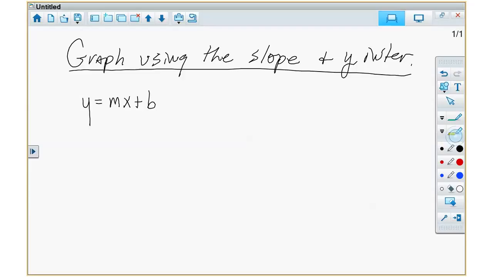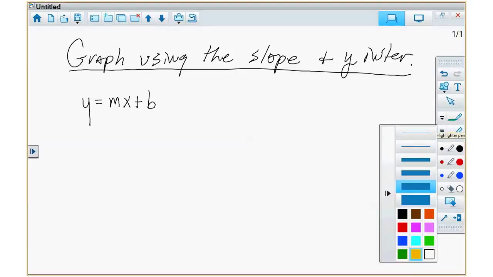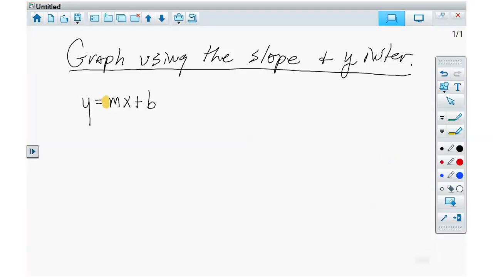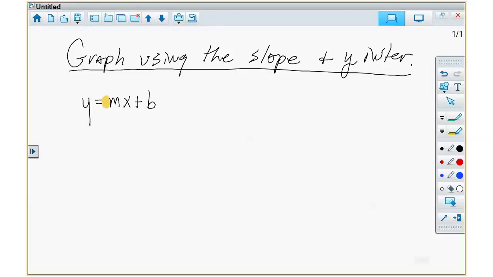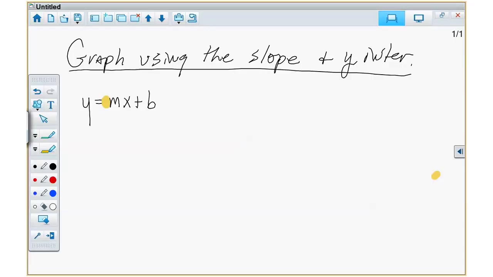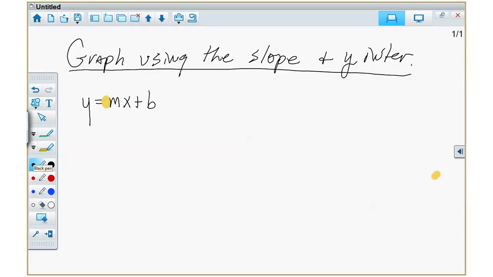As I told you before, there is a section right there, and that's going to be the sign of the slope. There is a section